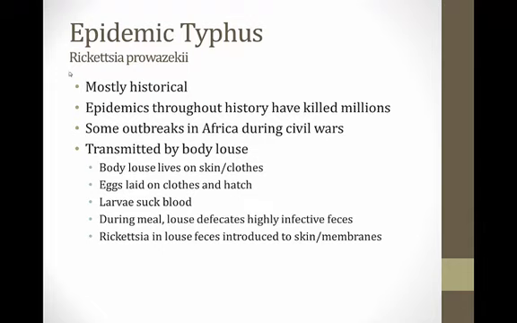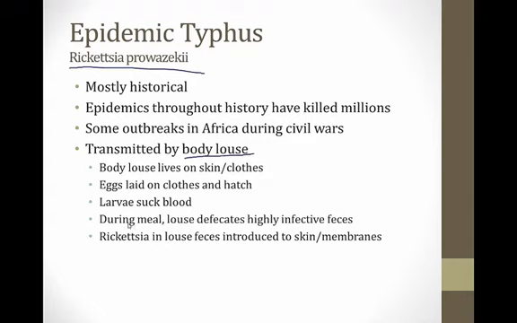Epidemic typhus is caused by Rickettsia prowazekii, and this is mostly historical. It's very rare in the modern era, but epidemics throughout history have killed millions of people. There have been some outbreaks reported in Africa during civil wars. It's transmitted by the body louse, so you have to have really dirty, unclean conditions for this to thrive. The body louse lives on skin and clothes, and then it lays eggs that hatch, and the larvae suck blood,